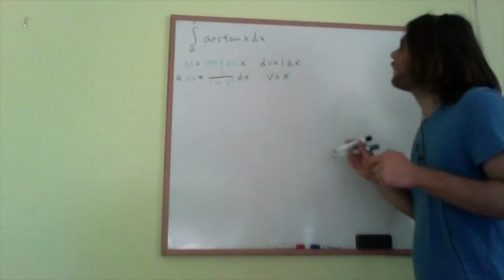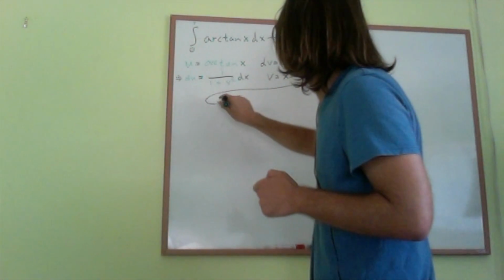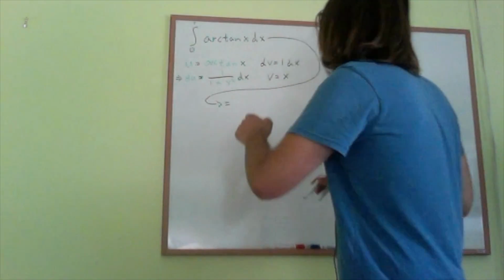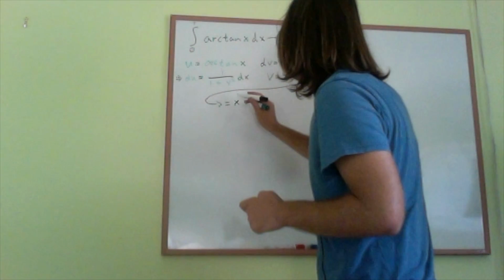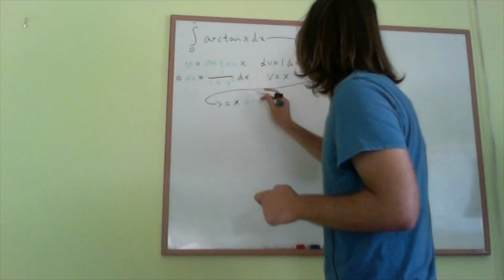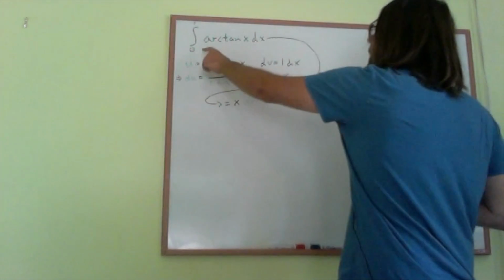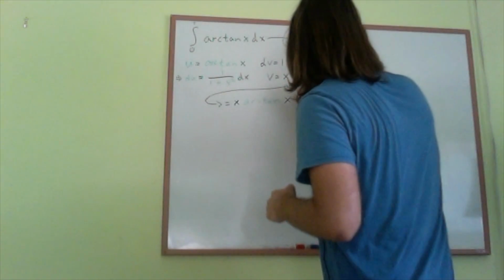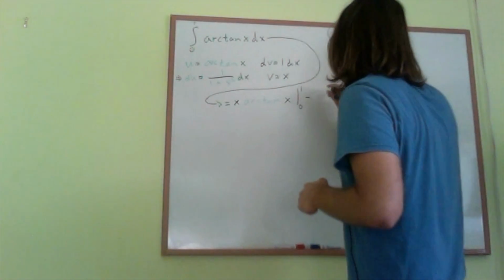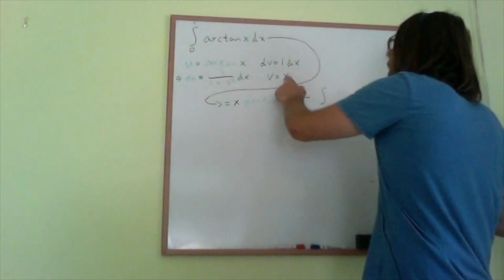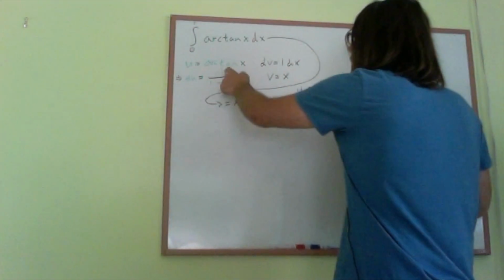Okay, so now this comes down, and we have uv, so that's going to be x arctangent x. Now, because we have bounds of integration, we do bar 0 to 1 minus the integral of v du,